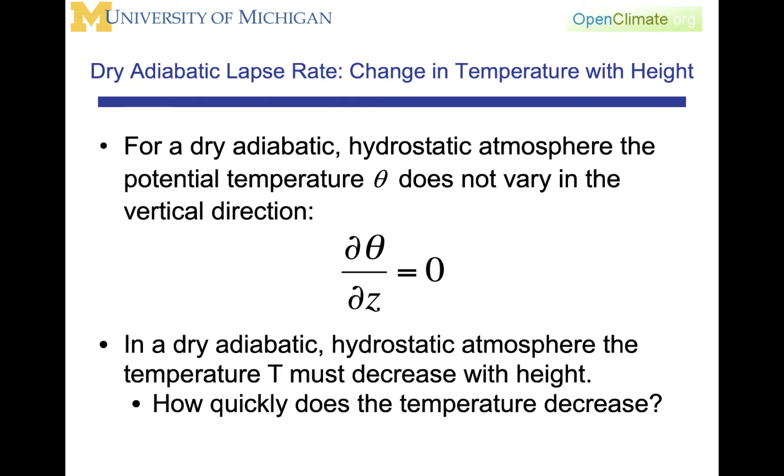This is again similar to one of the homework problems that you did about what would be the temperature at the top of an atmosphere at constant density. And there are a number of ways you can play with the hydrostatic equation to try to understand how temperature, pressure, and density would vary under these idealized and thoroughly unrealistic situations.